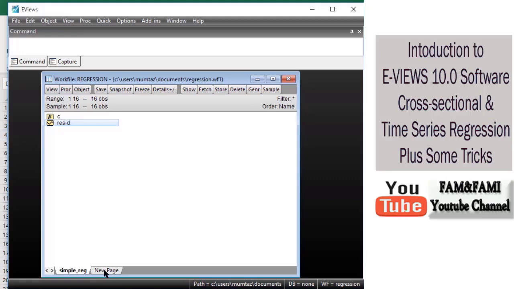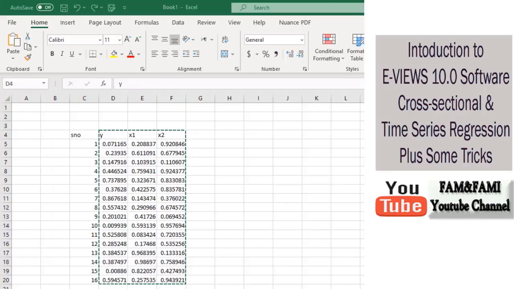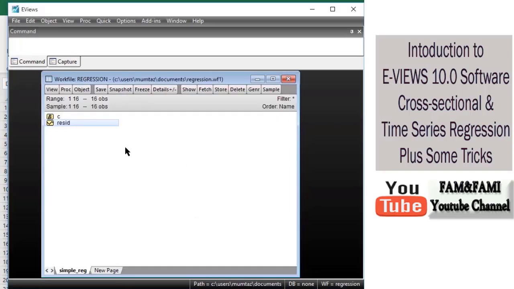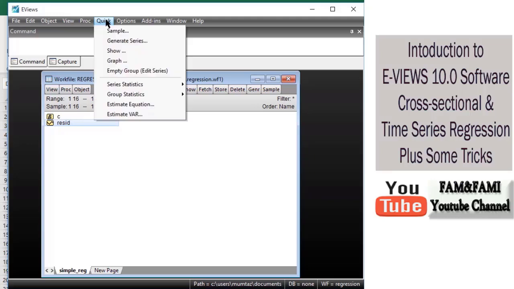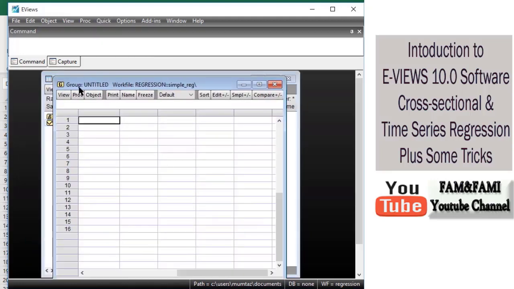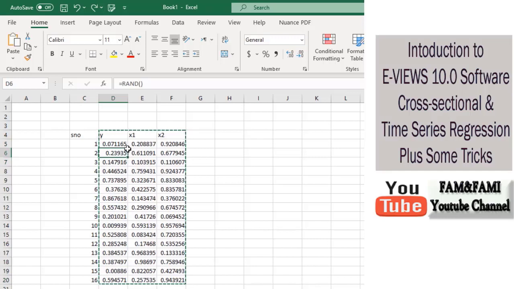Once we have the basic settings, the next task is to copy the data set, the data set that is available here in Excel. Now I'm going to shift this data set to EViews. There are a number of ways that can be done. The simplest one is by going to the quick menu and then selecting the option empty group edit series. When you click on this, a new window like an Excel spreadsheet appears. We have already copied it, but just for clarity, reselect this data set,